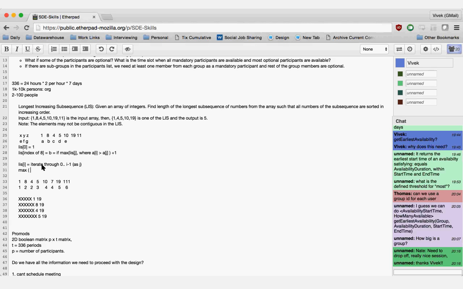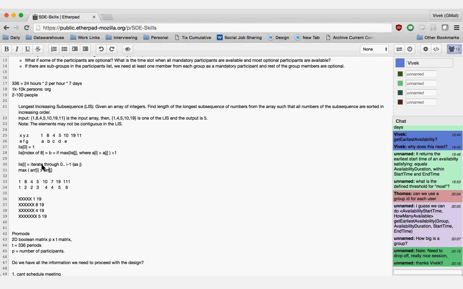That is my j. So the goal here is that only those elements where A of i is actually greater than A of j are the ones I need to consider, right? j is the one on the left. That has to be the smaller number. Yes. Is it not? Yeah, it is the smaller number.